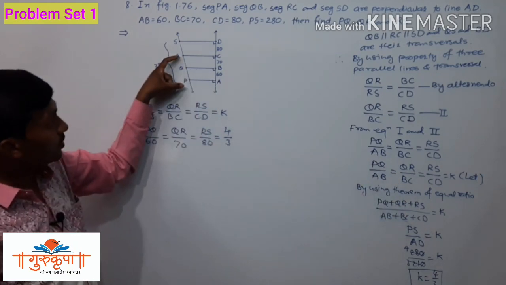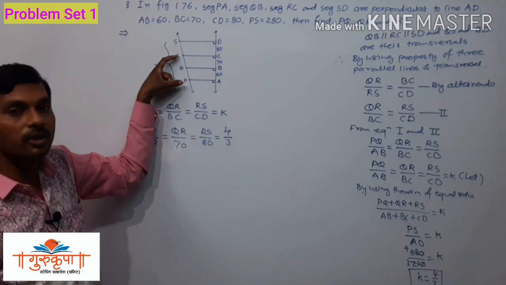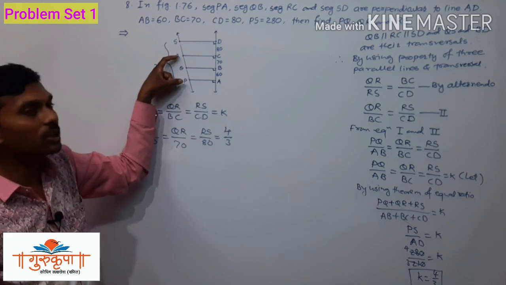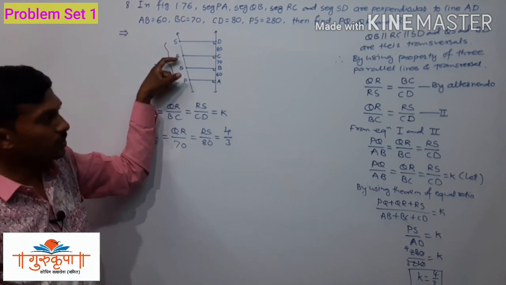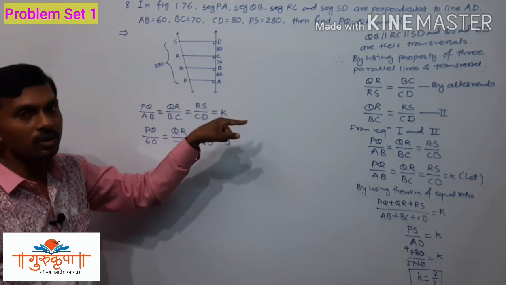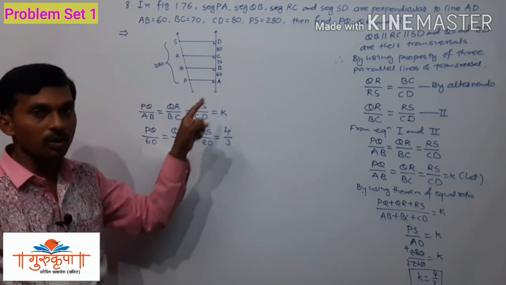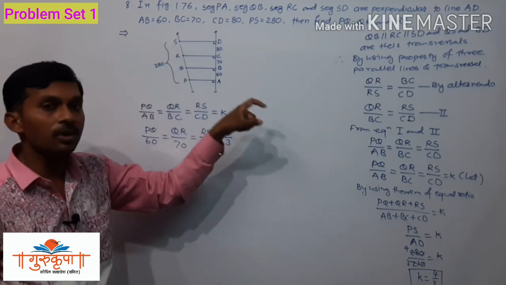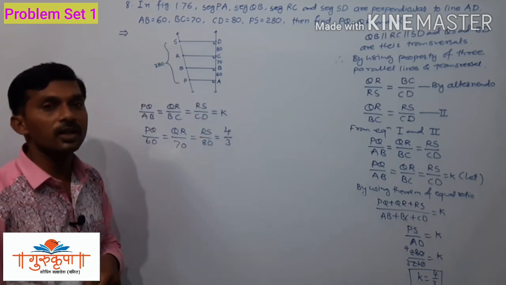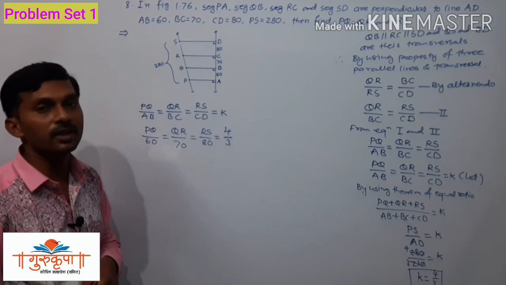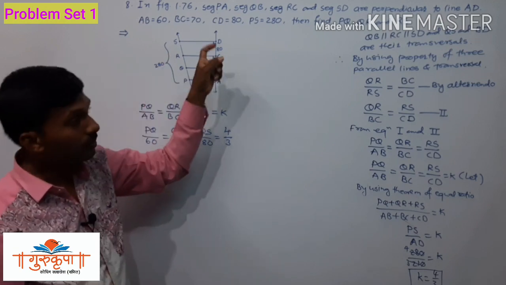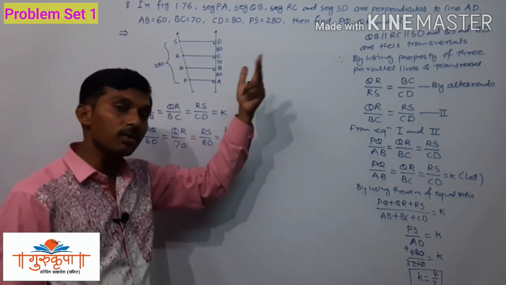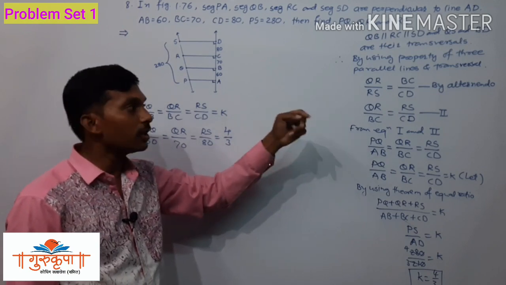Using the first three lines, we have to use the property of the ratio, the property of the three parallel lines and their transversal, and we have to write equation 1. Then we have to use the property of alternando there. Then, using these three lines again, we have to use the property of three parallel lines and the intercepts made by the transversal. We have to get one more equation, and again we have to use the alternando property on